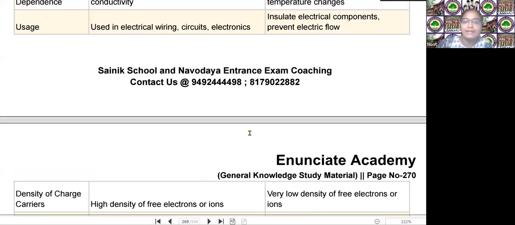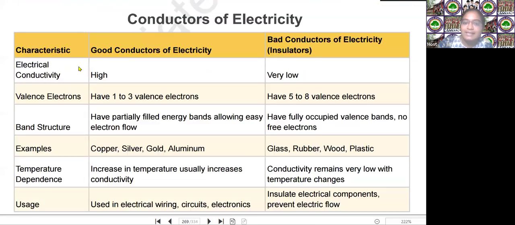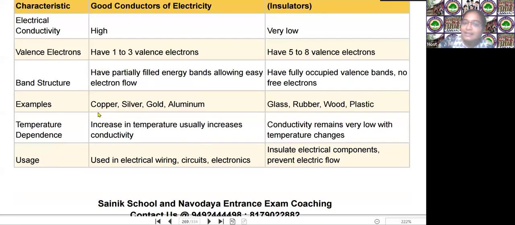Electronics. Okay, these are the conductors: copper, silver, gold, aluminum. These are the conductors used in manufacturing of electrical wiring. Do you understand, children? What are the uses of these conductors? Copper, silver, gold, aluminum. These are the elements used in electrical wiring manufacturing and manufacturing of circuits and